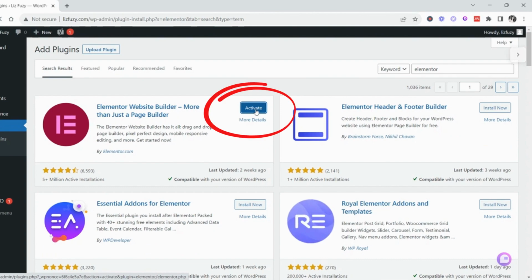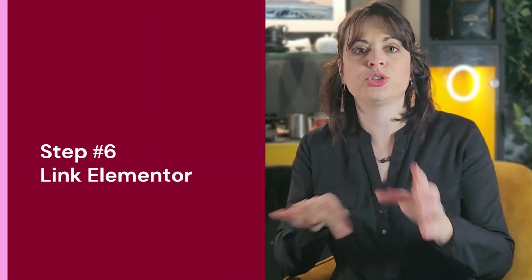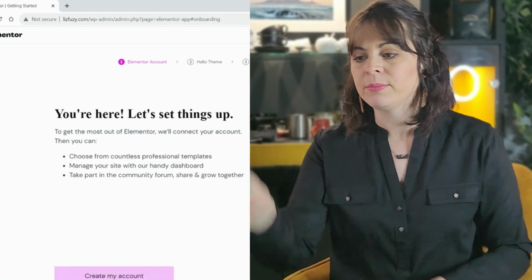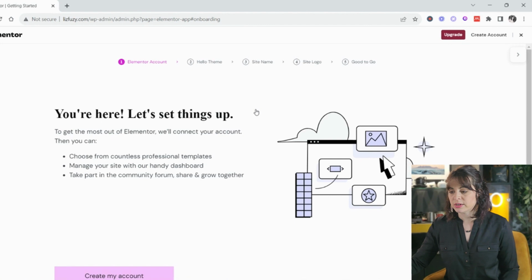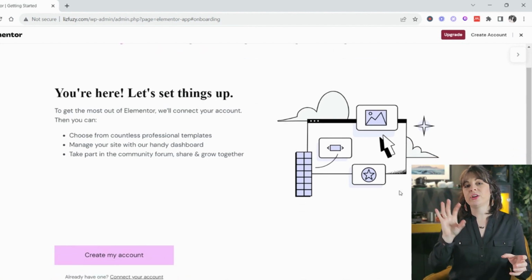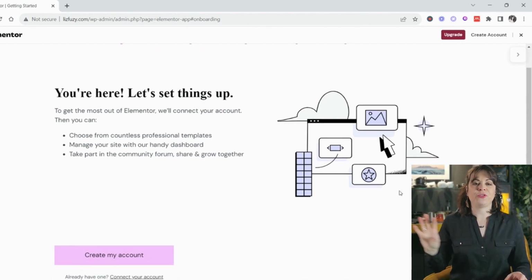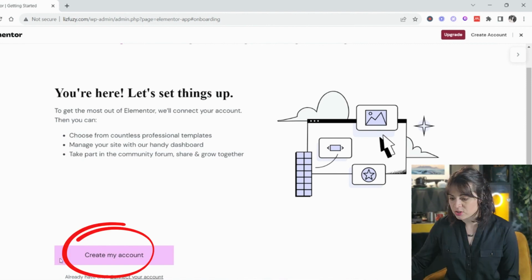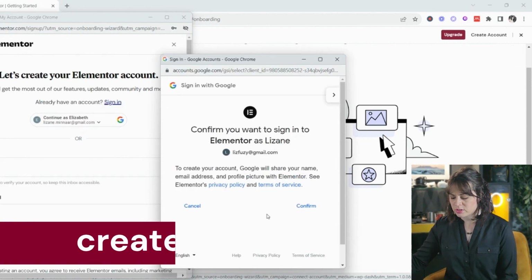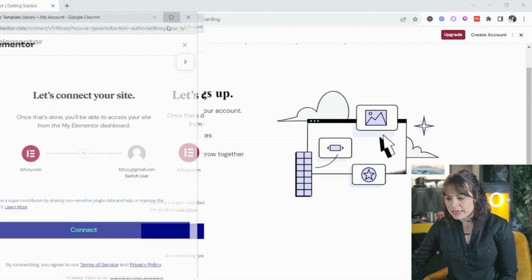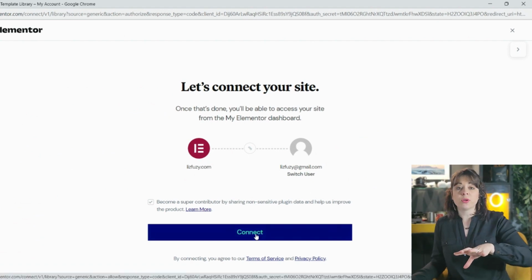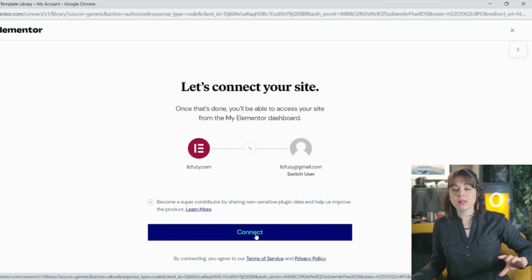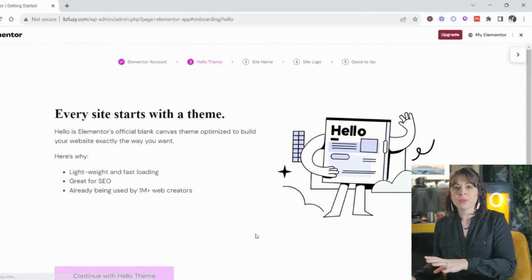When I activate Elementor, it's going to automatically try and push me through the process to sign up to Elementor, because you can see here it takes me to a page to say, do you have an account or do you want to create an account? Now I have different accounts because you can only connect one account to a free version. I can't connect more websites. So I'm going to say create my account. And I'm going to sign in with my Liz Feezy account. Then it shows you this page to ask you, do you want to connect your site, lizfeezy.com, to this email? Yes. It's not the end of the world. You can always reconnect it to another email if you need to, but it's just part